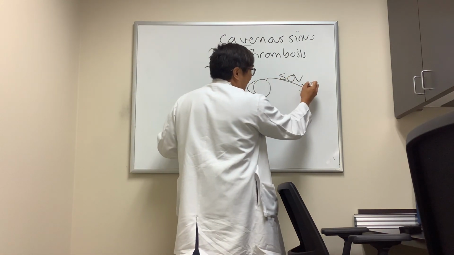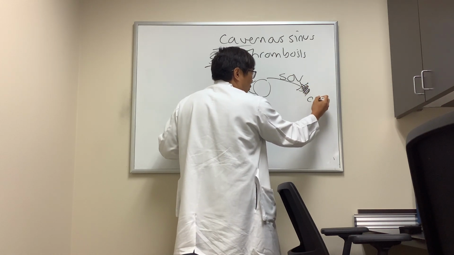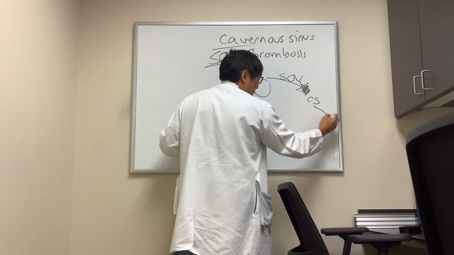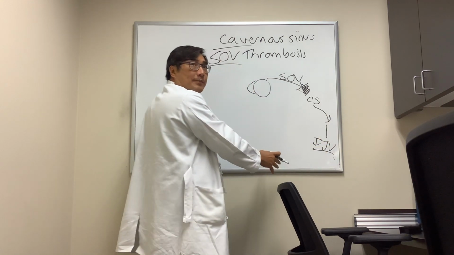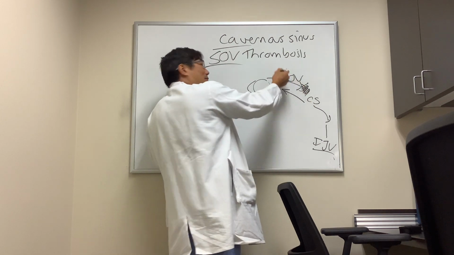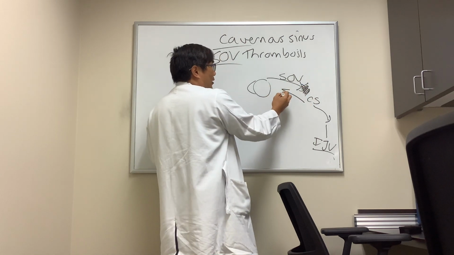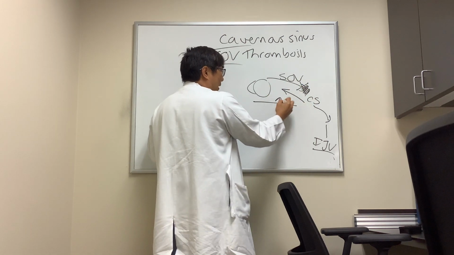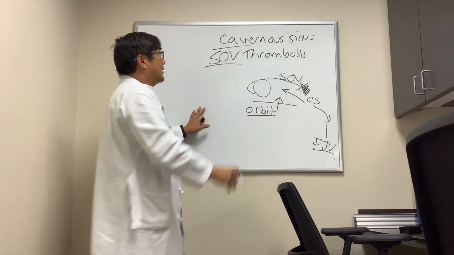And so when that vein doesn't drain because there's a blood clot, thrombosis here, or in the cavernous sinus, then the blood can't go down the petrosal, back down the internal jugular vein, back to the heart. And so the blood is going the wrong direction, which we call retrograde, or it can't pass anterograde. And so what that causes in terms of symptoms and signs in the orbit are similar, whether it's SOV thrombosis